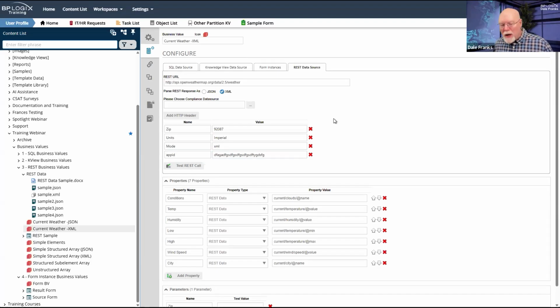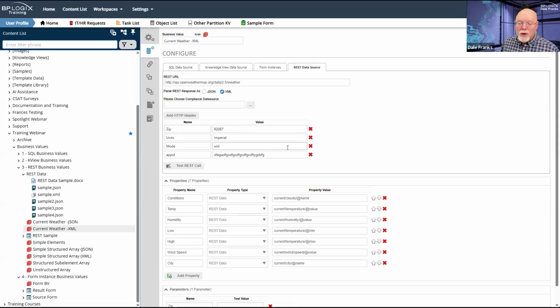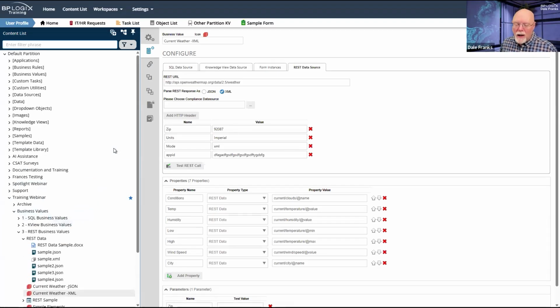One of these three methods is going to be what they use. They may require authentication. So there is a compliance data source, and a compliance data source usually only allows you to put in the name. Well, there are different kinds of compliance data sources.